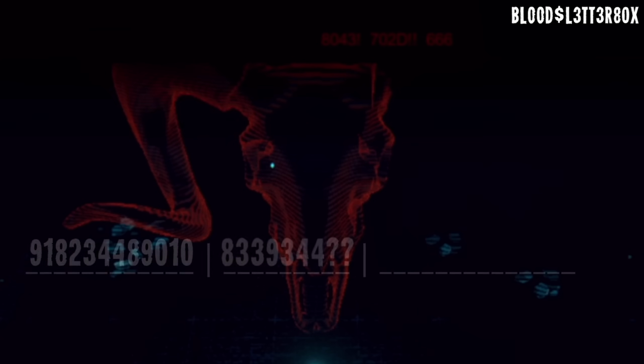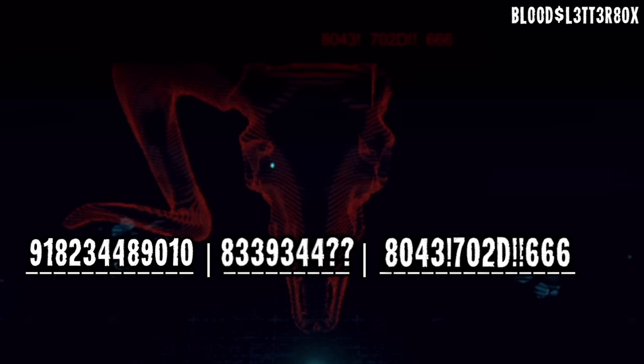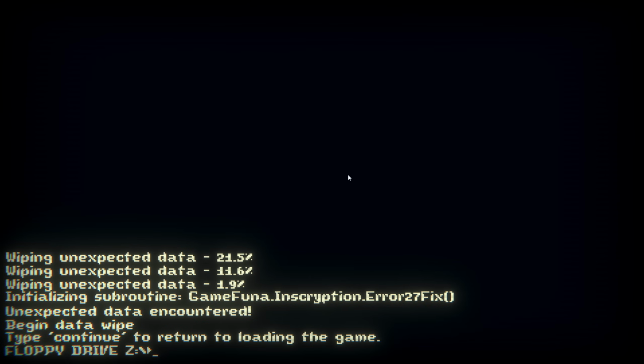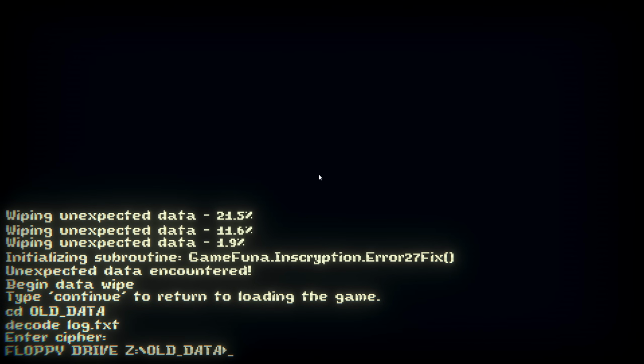But it's gone. I'll go ahead and put it back up on screen, but this is the third section of our cipher. And now we have the 3 parts of our cipher, so we can head back to the command line and use them all combined to decode log.txt. Okay, so I'm back here at the new game. We can now go back into old data. Then we can decode log.txt. And we have our cipher, which is, from the mycologist we had